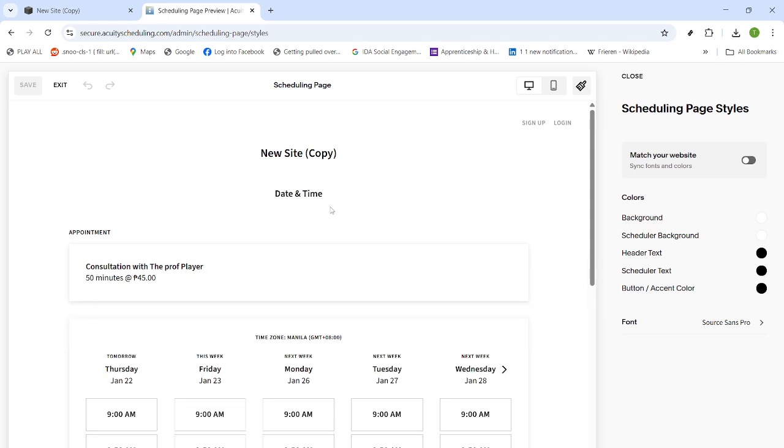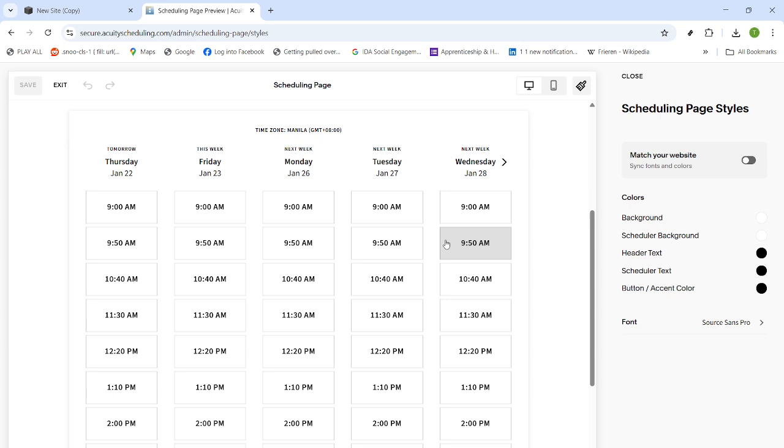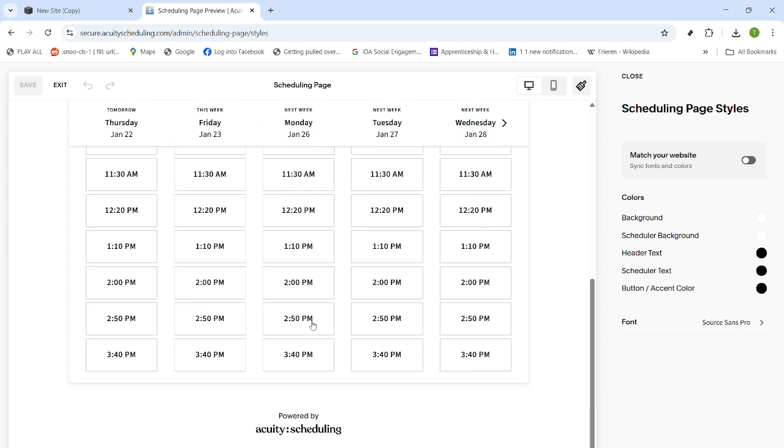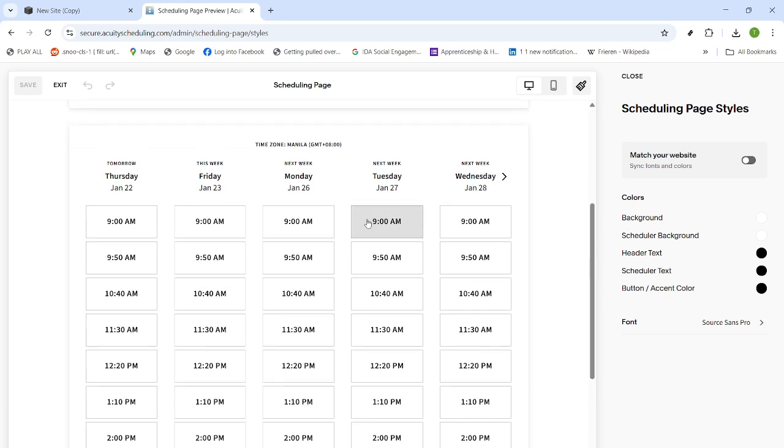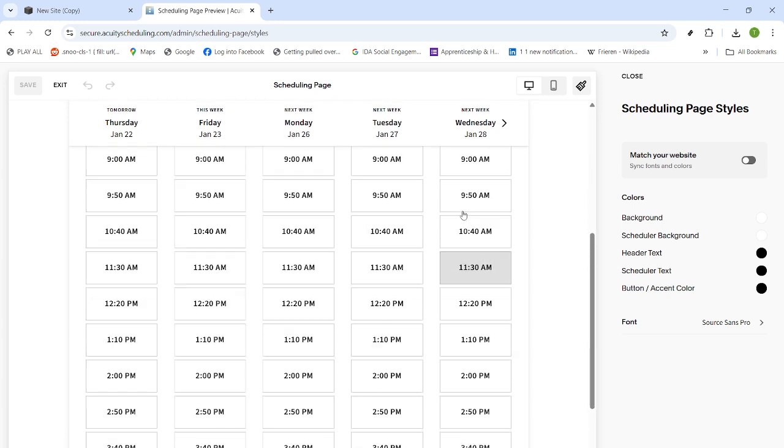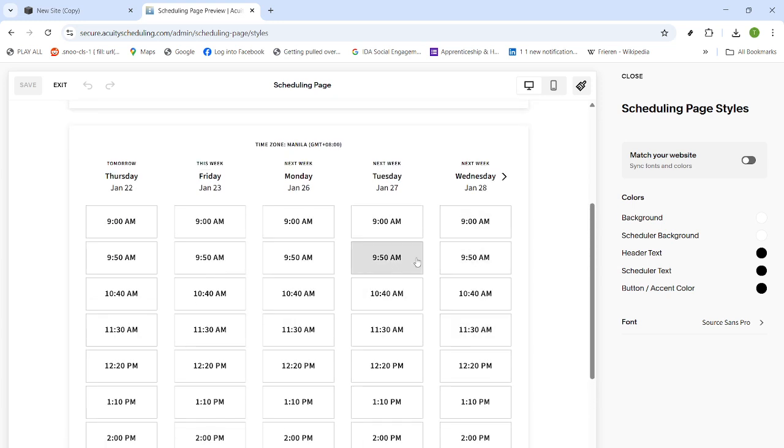A final tip. After publishing changes, do one more test booking and then cancel it from your admin so your calendar stays clean, and clear your browser cache if your preview doesn't reflect recent updates. That's it. Your Acuity scheduling